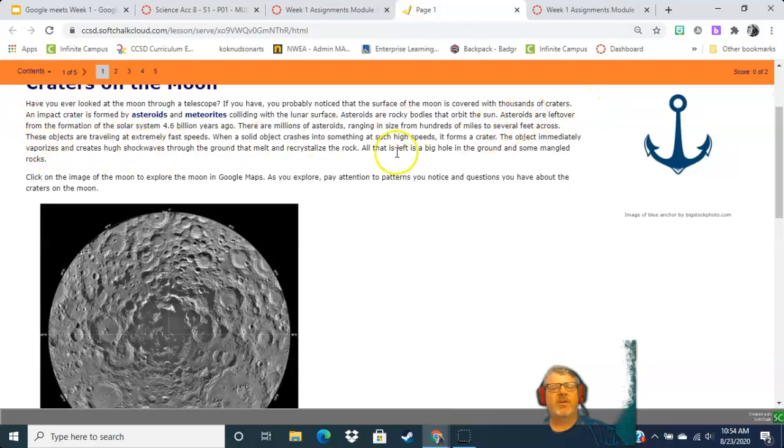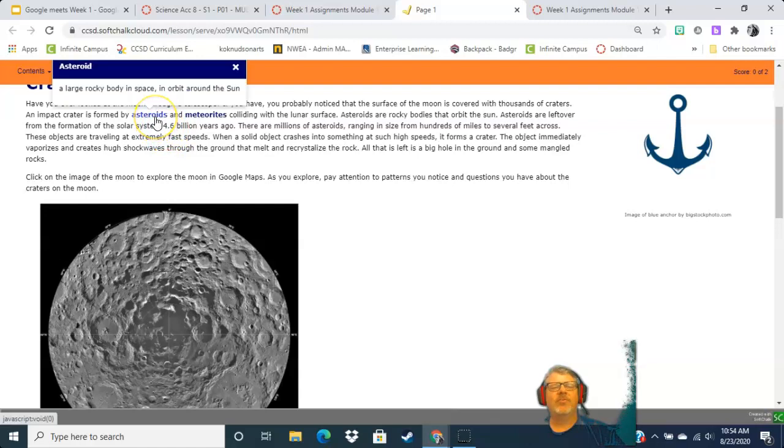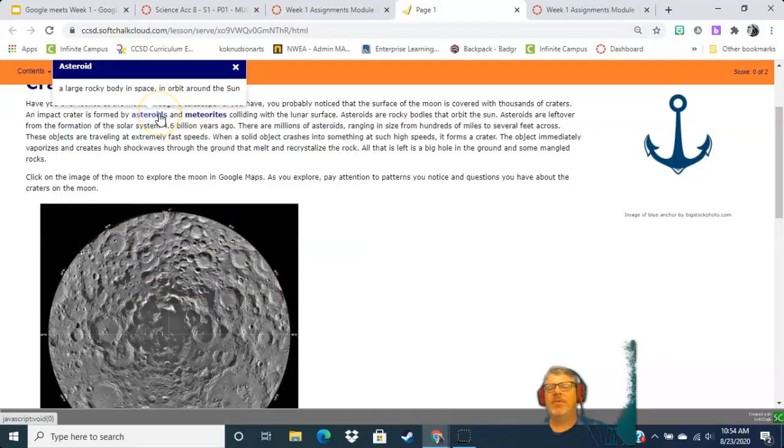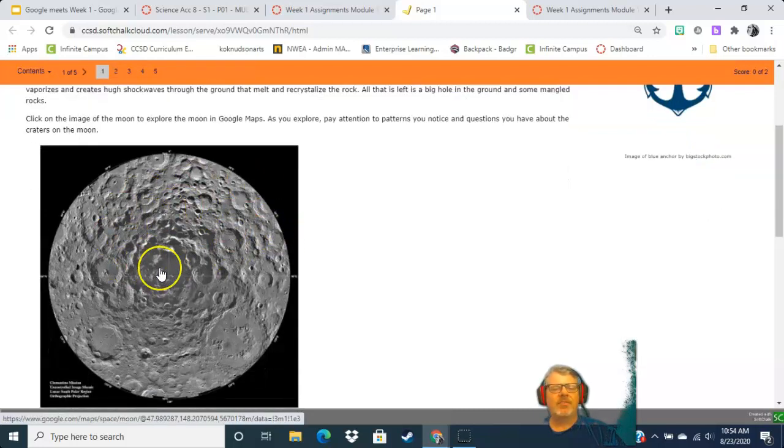So the first thing you're going to do is read the opening statement. And as you go through a SoftChalk lesson, what you're going to notice is some words are in blue. And if you click on those, it'll help you out with the vocabulary. So these are caused by asteroid or meteorite impacts,